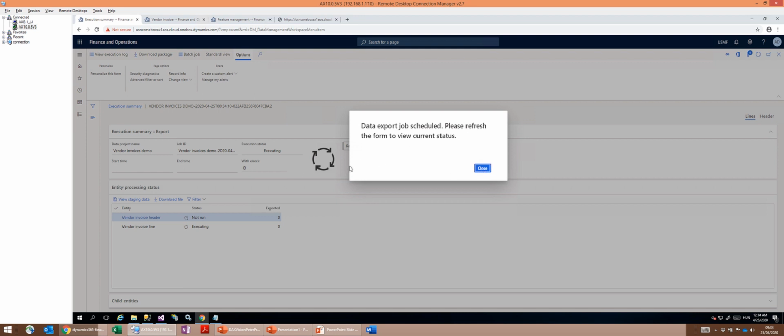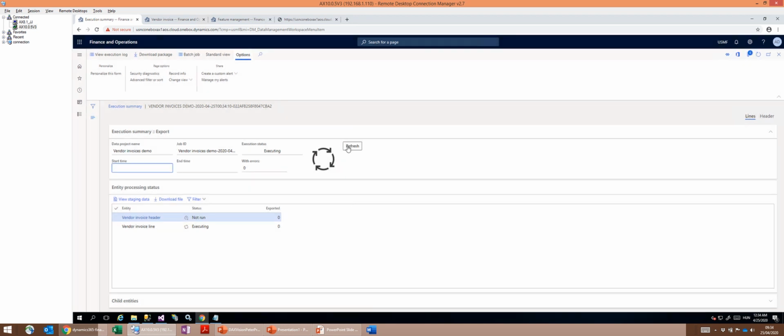The message says the export is scheduled and it will be running, and I need to refresh the form. So okay, there is this refresh button. I can see not run, executing. Let's click refresh. It succeeded,